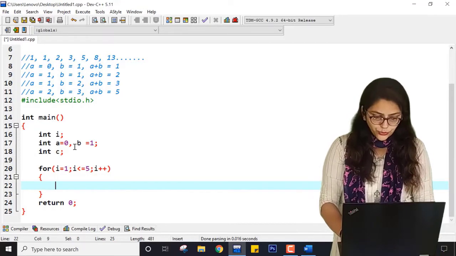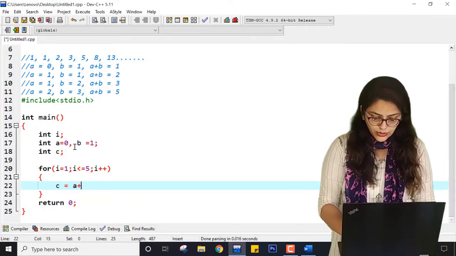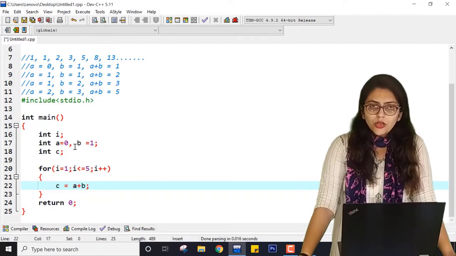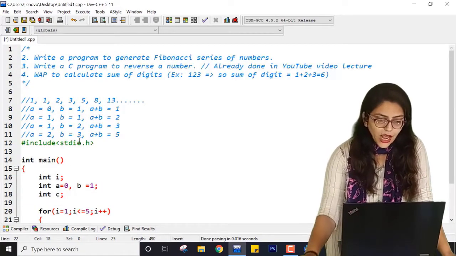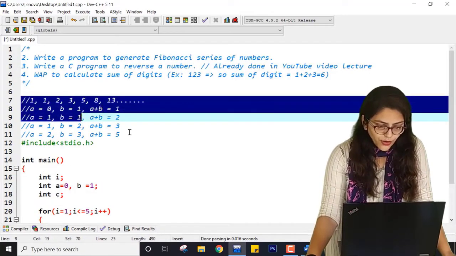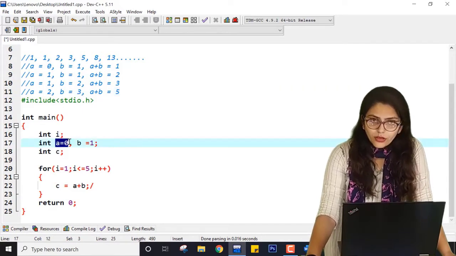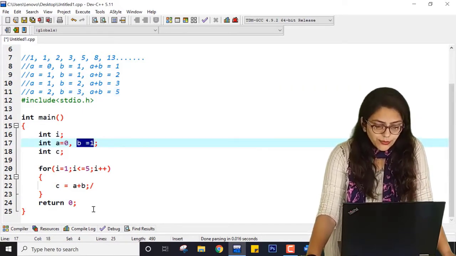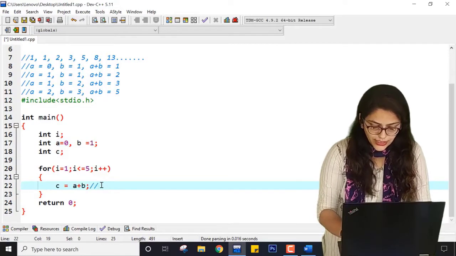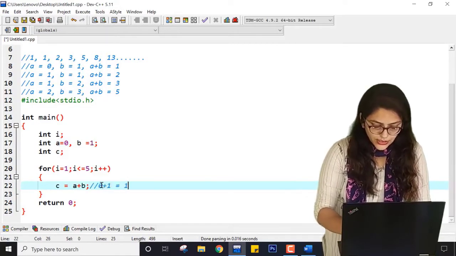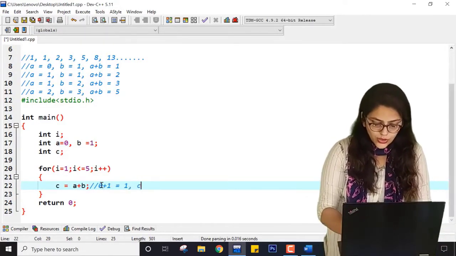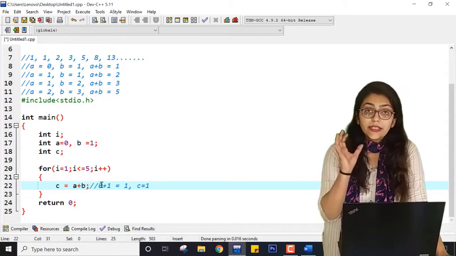First I am going to do c equal to a plus b. Right now what is the value of a? 0. What is the value of b? 1. So here it will be 0 plus 1, that is 1. So c equal to 1 in this iteration.